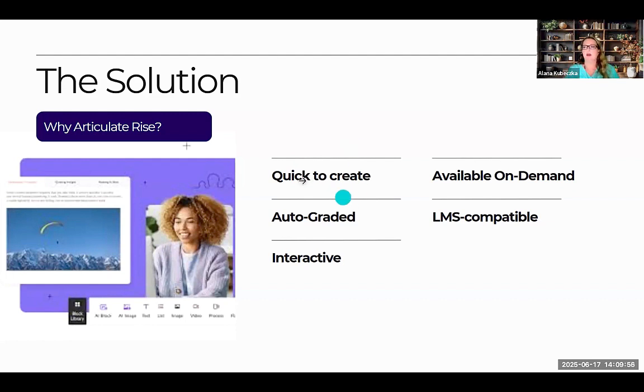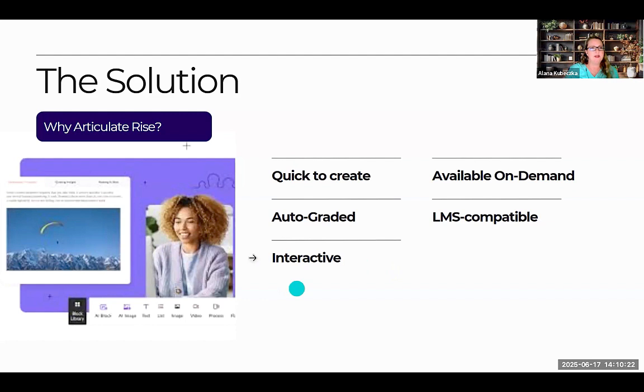Interactive content. So they're quick to create. They're auto-graded if they integrate with your LMS. And so for us with using D2L, Brightspace D2L, we do have an integration for that. So it auto-grades itself, sends it right to the gradebook. So it's not a heavy lift for the instructor once they have that all uploaded into their course.